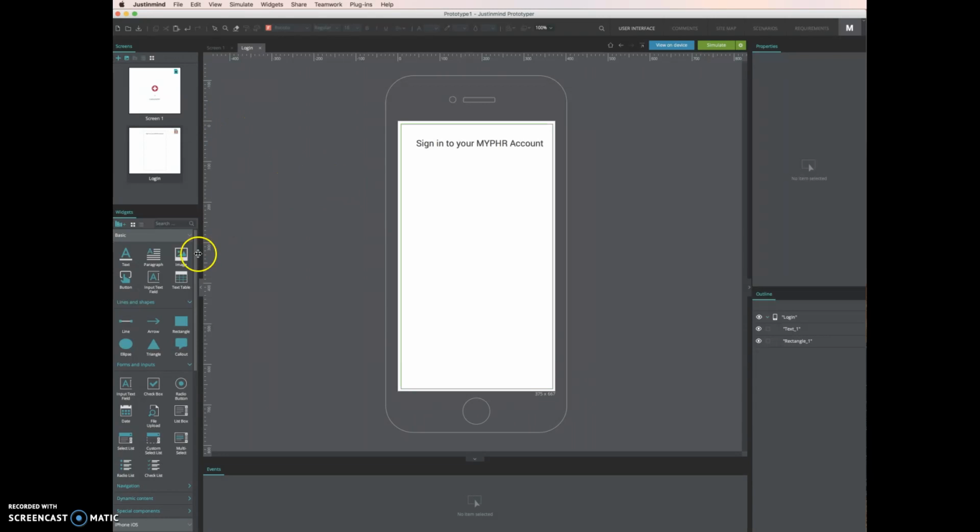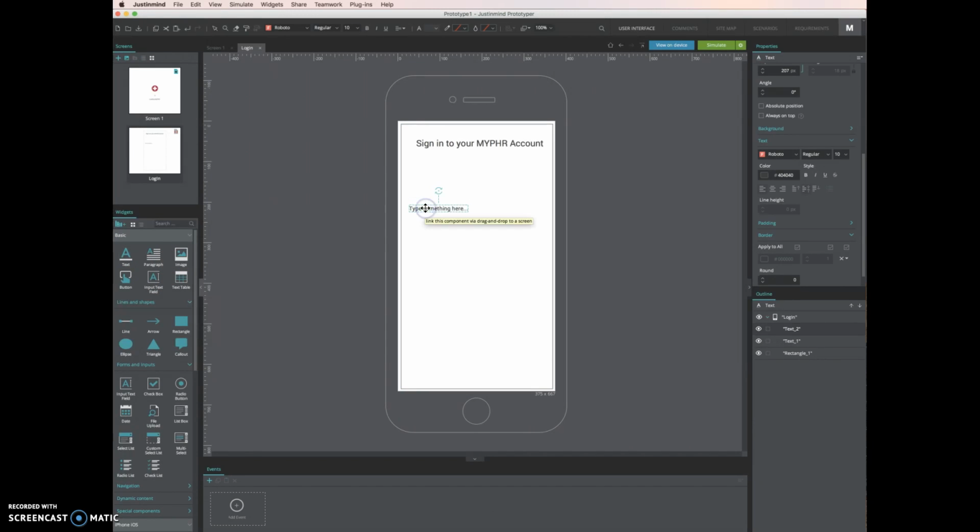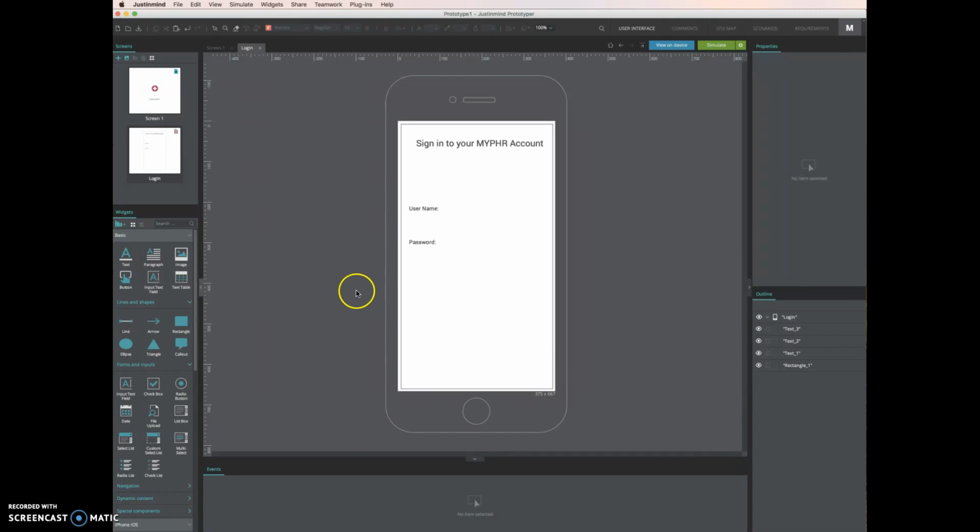So now we'll go ahead and drag, create a username. So here, text box for username. And then another text box here for password. I'll just drag it and drop it here. So password. And then I will go ahead and